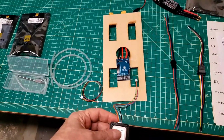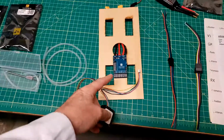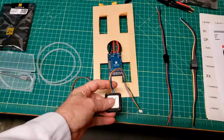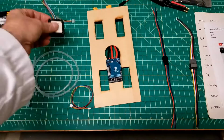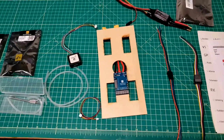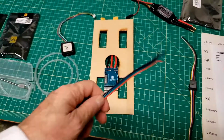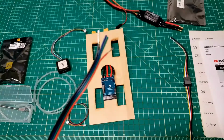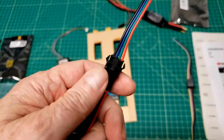But as you'll see here in a second, I'm not sure that I'm not going to wire this directly into the flight controller instead of having any pins or such. I think I'm going to have to wire pins onto this. These four will be the video transmitter side, and I'm going to use, for kicks and grins,